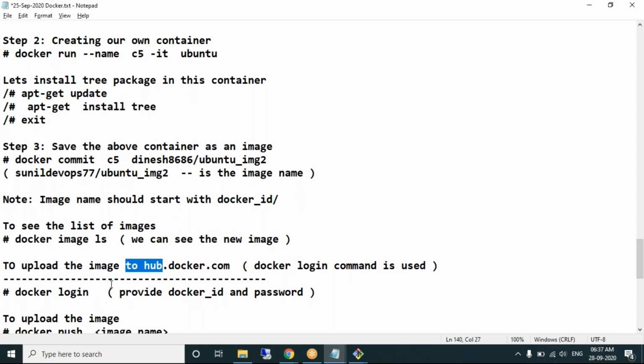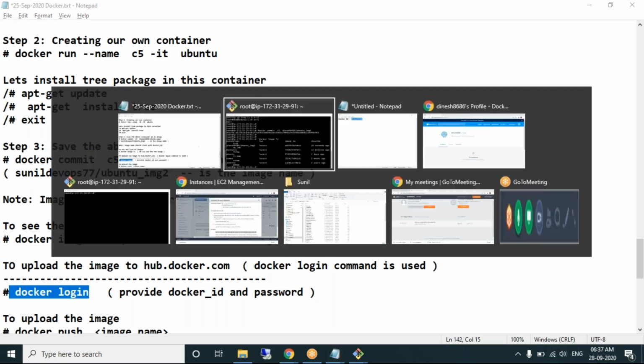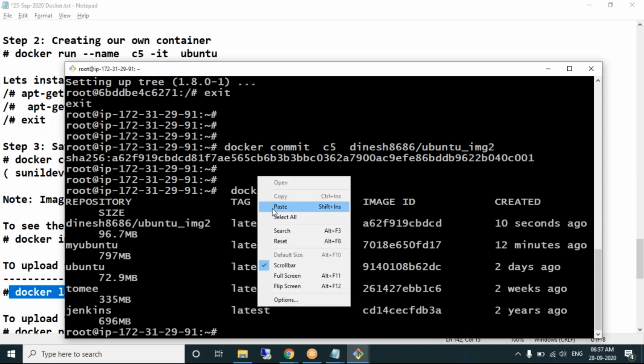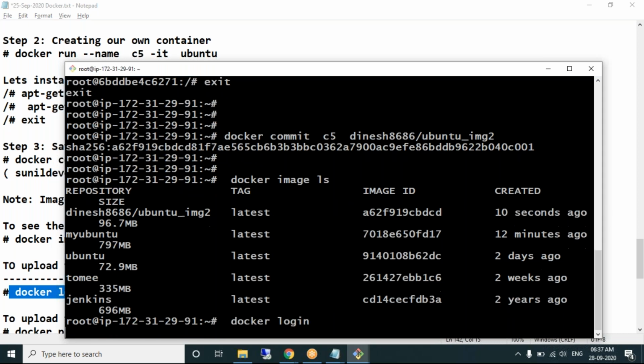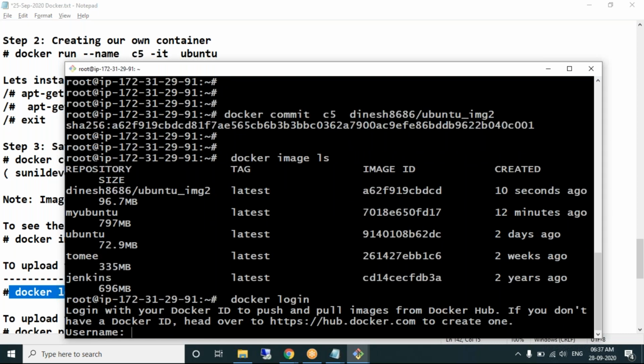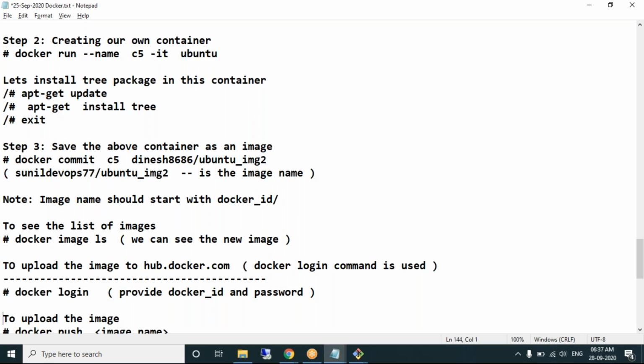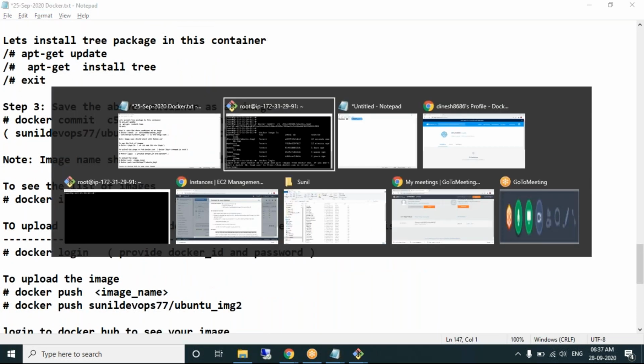If you want to upload into Docker Hub, you need to log into Docker Hub from the terminal. docker login is the command to log into Docker Hub from the terminal. It is asking for your username, that's nothing but your Docker ID.